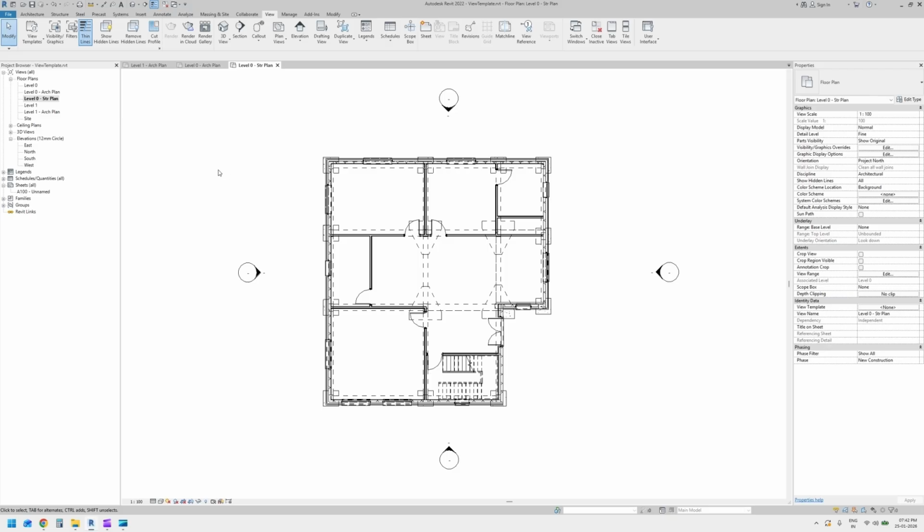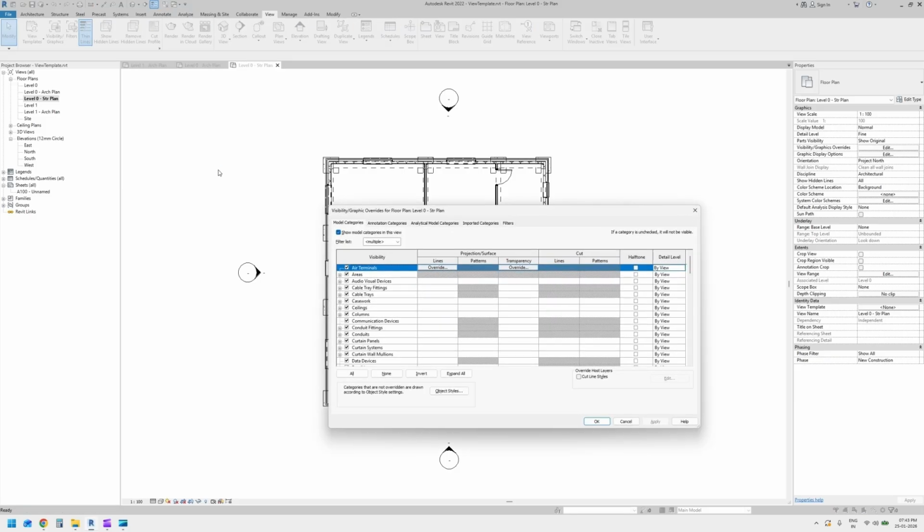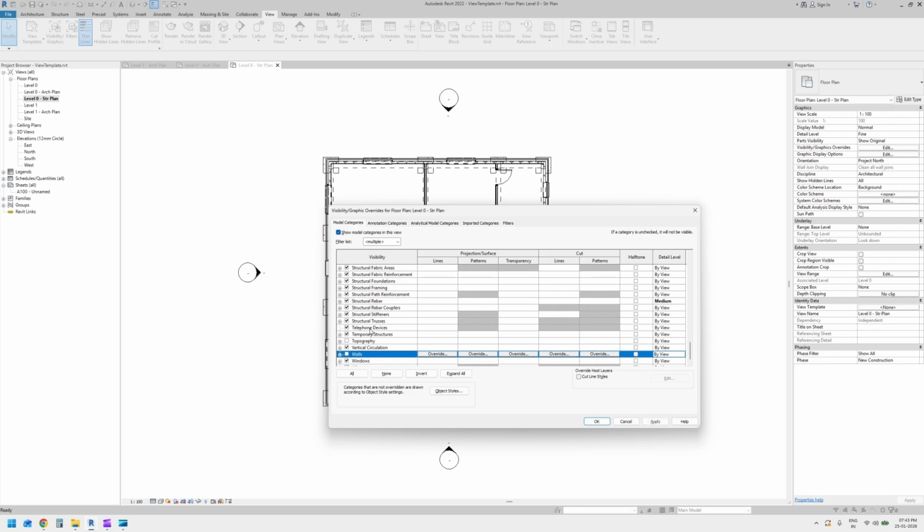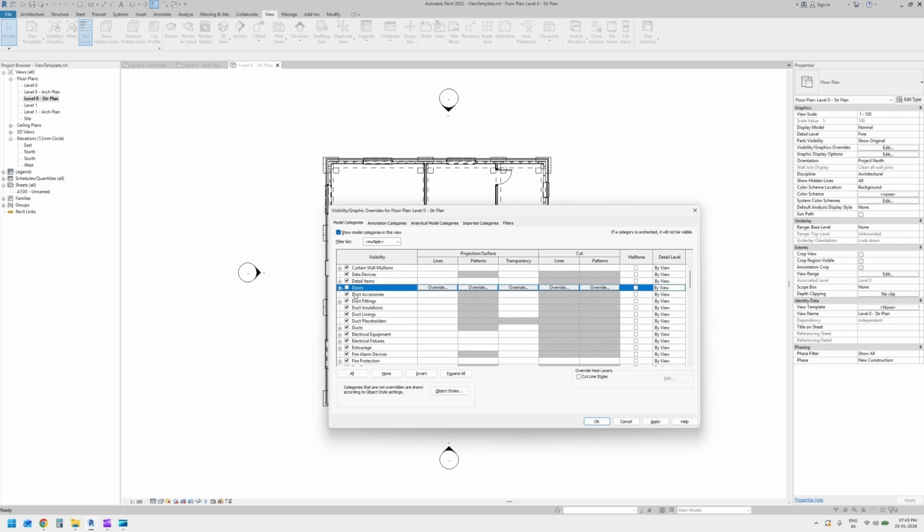And in the structural plan, I don't want to see these walls, doors, and other architecture elements. Sorry. So I go to visibility graphics, walls, windows, doors,